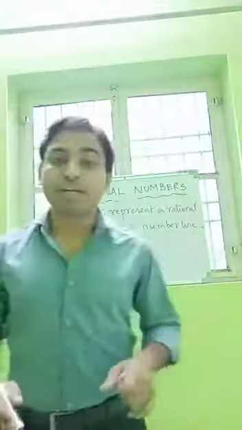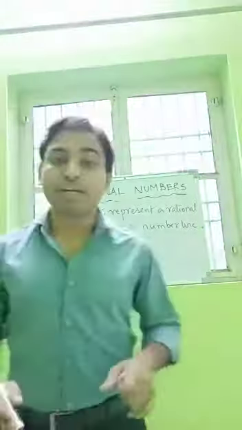So first of all, draw a number line. Again it has two endpoints. On the first endpoint we will mark 1. And on the second endpoint we will mark 2. See, the 1 and 2 should be positive. Why positive? Because the given rational number is positive. If the given rational number is negative, then the condition will be different. But this time the rational number is positive, therefore we will mark positive 1 and positive 2. Now the given rational number is going to lie between 1 and 2.